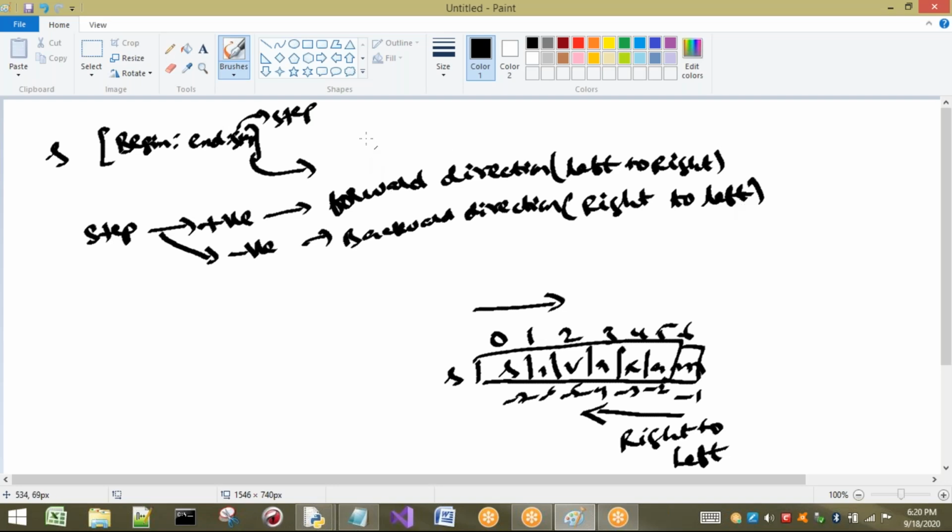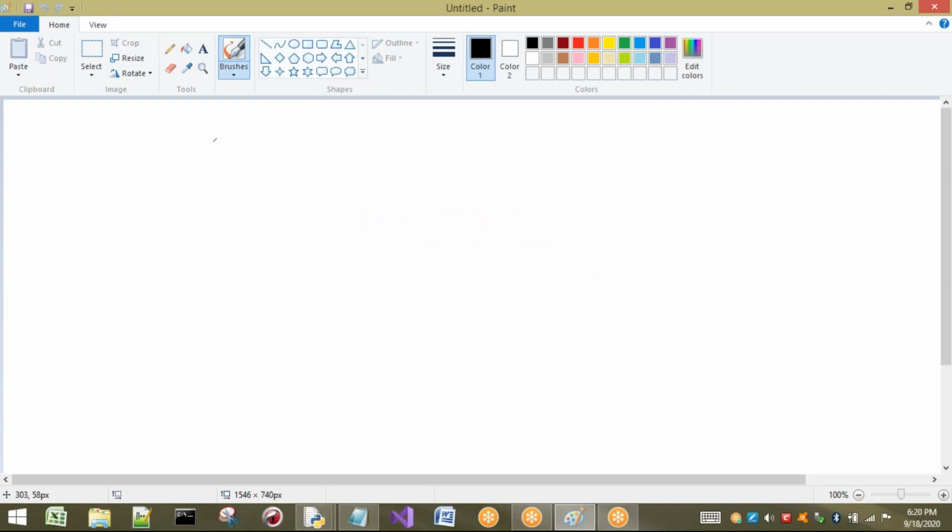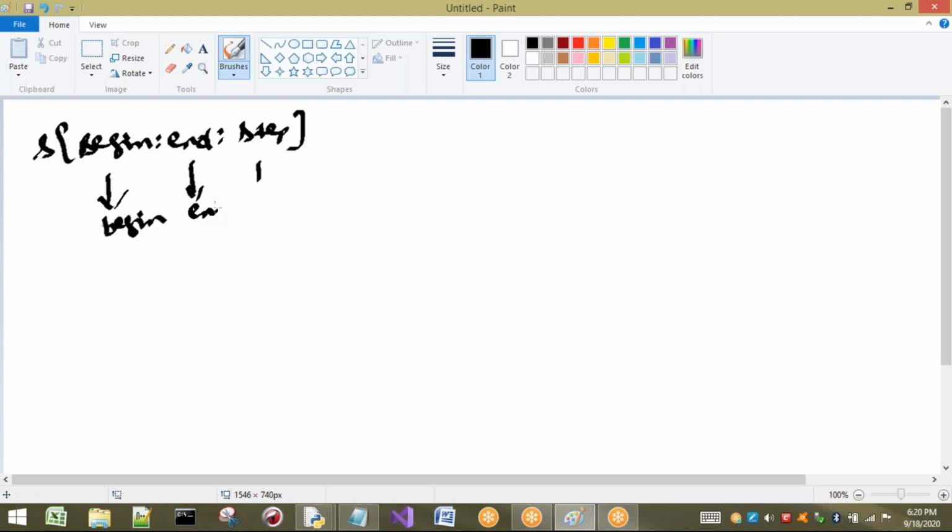Next point is we have to talk about begin and end. What is meant by begin? Begin is nothing but the starting point. Already we have completed step. Now if we consider step as a positive value, some value, then begin is whatever value we write here, and it goes from begin to n minus 1 every time.